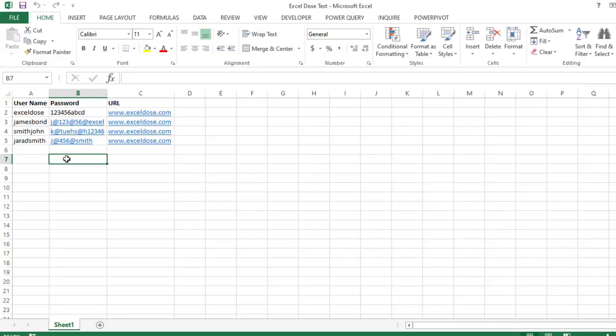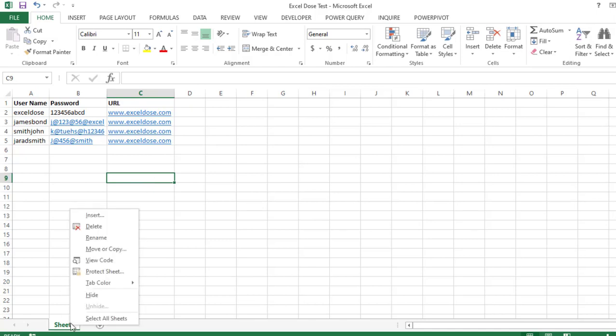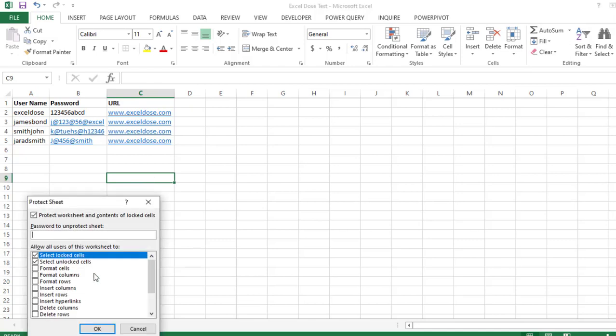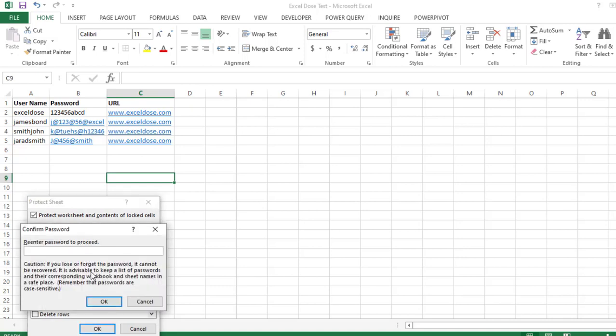As you can see, I have some raw data here which contains some sensitive information, and that is stored in one of the Excel files, test. And if I want to edit this file, I have an option. If I add the protection here, I will right click and choose protect this sheet. For the time being I will just add the password as 1234 and re-enter the password again.